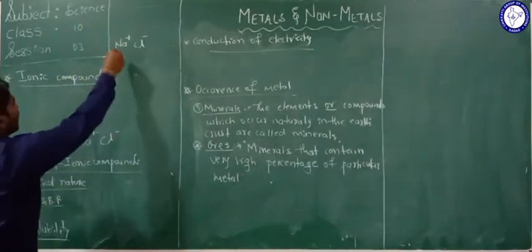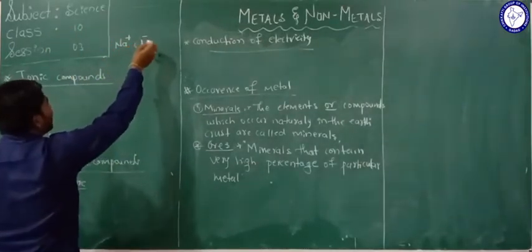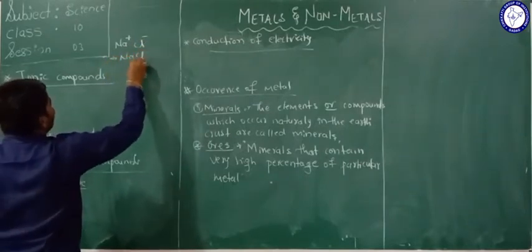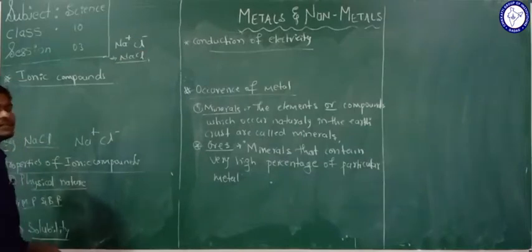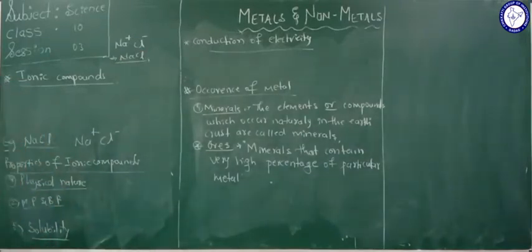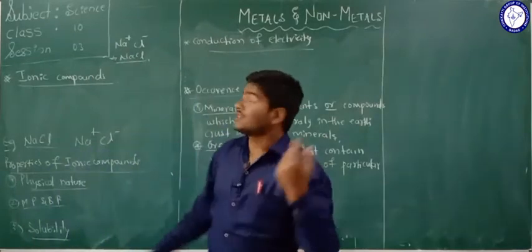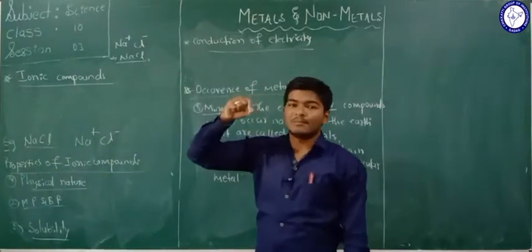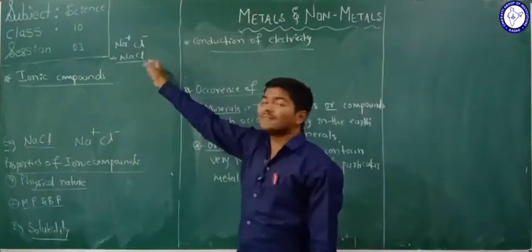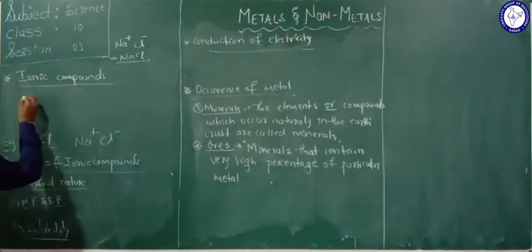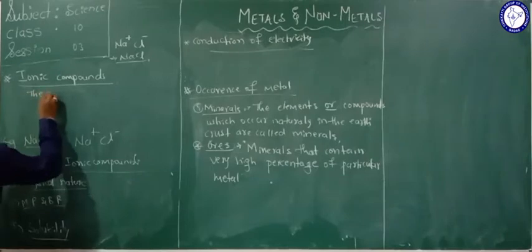Therefore by accepting 1 electron from the sodium, the chlorine forms NaCl as the compound, that is a stable compound called sodium chloride. The compounds which are formed by the sharing of the electrons are called ionic compounds. What are ionic compounds? The compounds